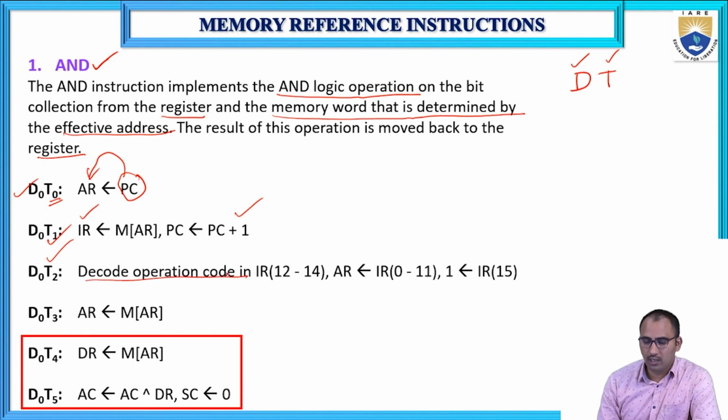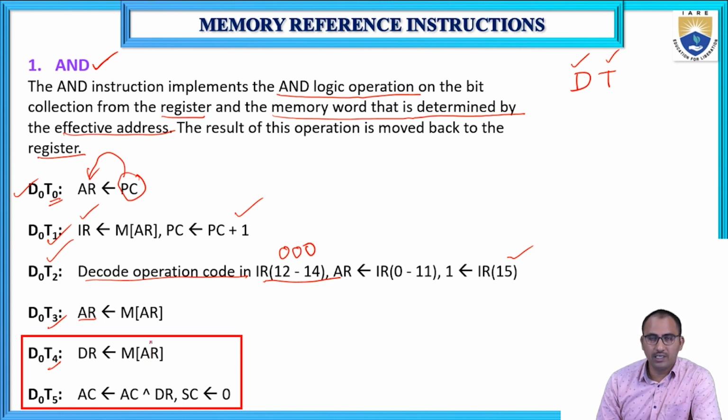So how are we decoding? Using bits 12 to 14, because for every different combination of these bits, the operation will be different. For the AND operation, all of the 12 to 14 bits will be zeros. In this way, we are decoding the instruction. During T3, the effective address of the memory will be loaded into the address register. During T4,